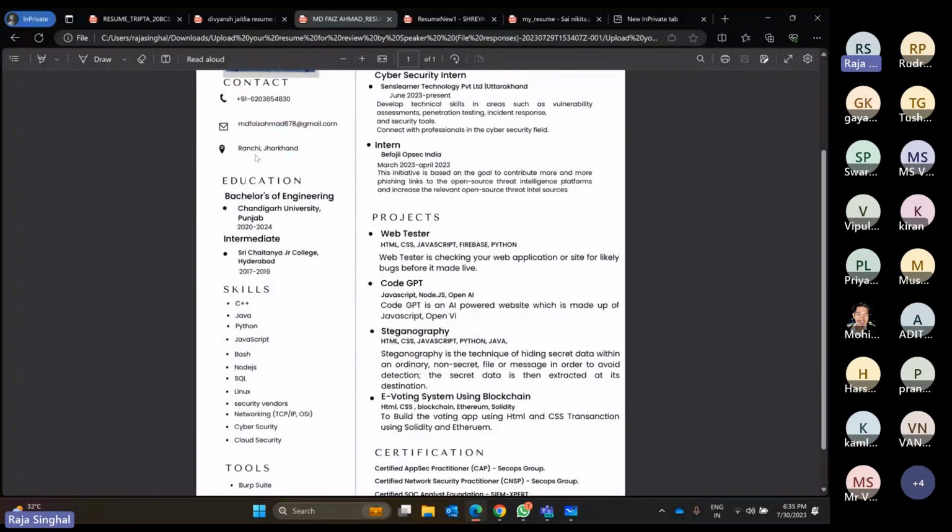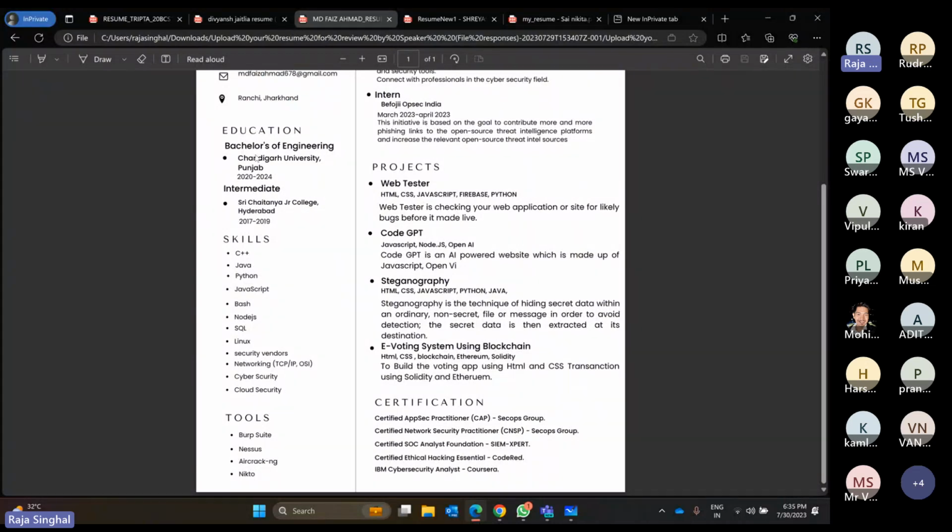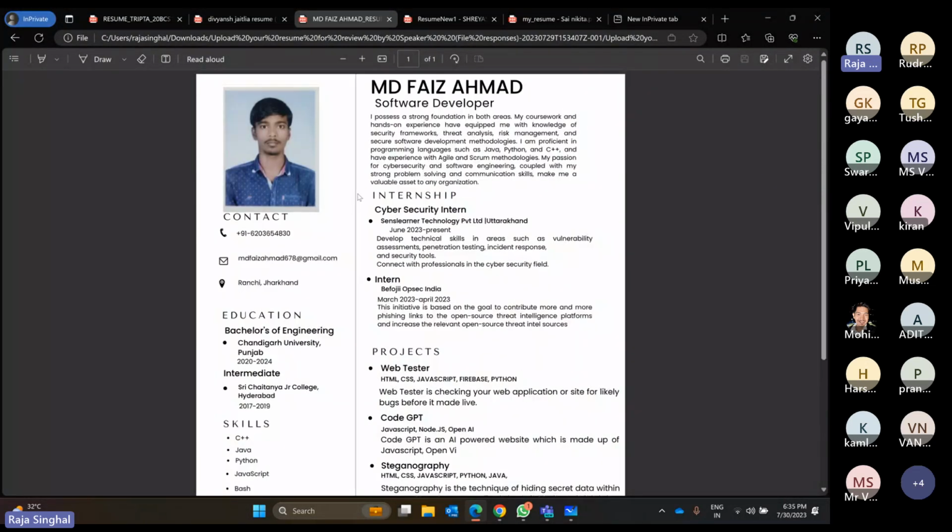Many things are missing in his resume. Let's start from the top. Here again, he made a mistake while adding a paragraph in the resume. Nobody wants to read that, because in a survey, I forgot the name, they found that hiring managers and HRs give only 10 to 15 seconds at max to any candidate's resume.